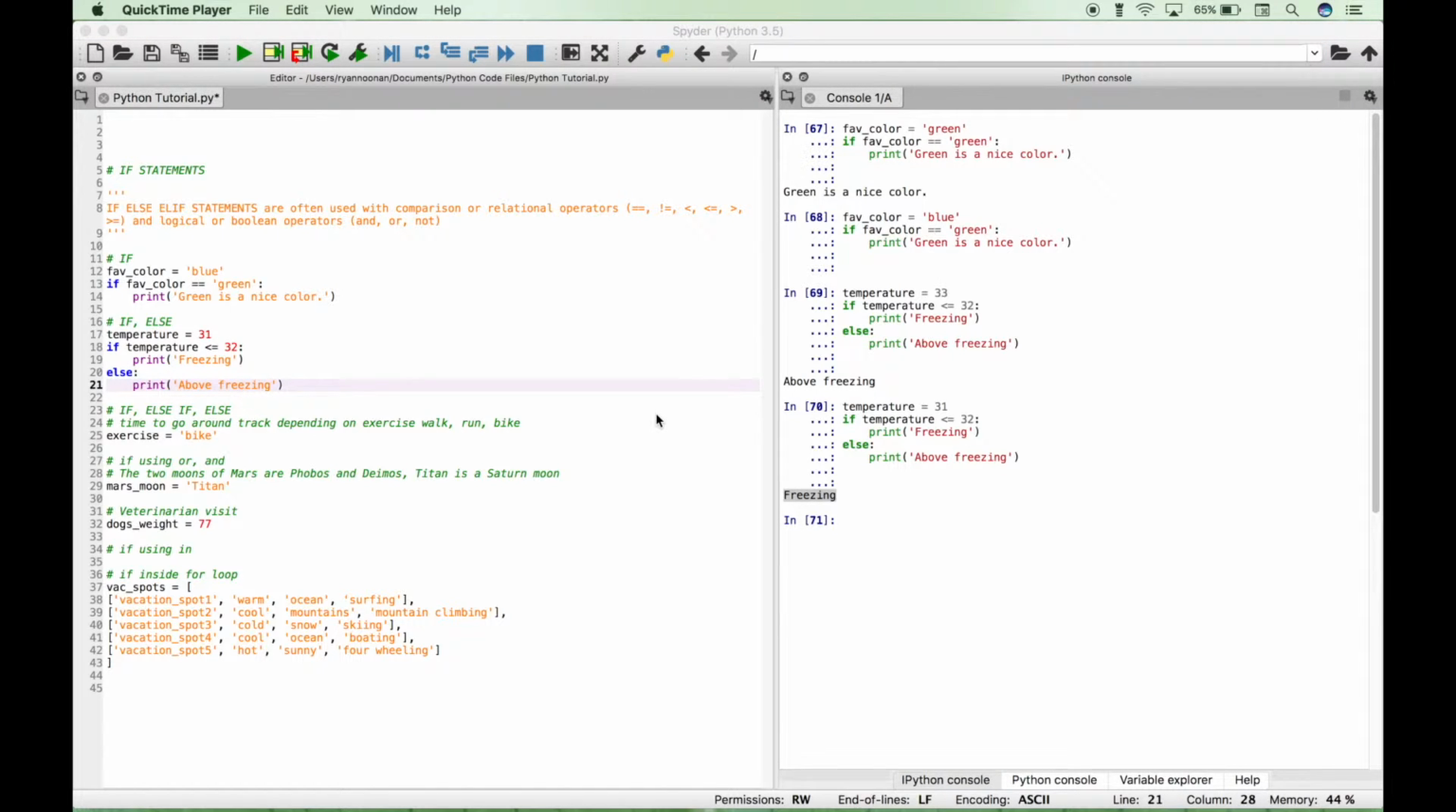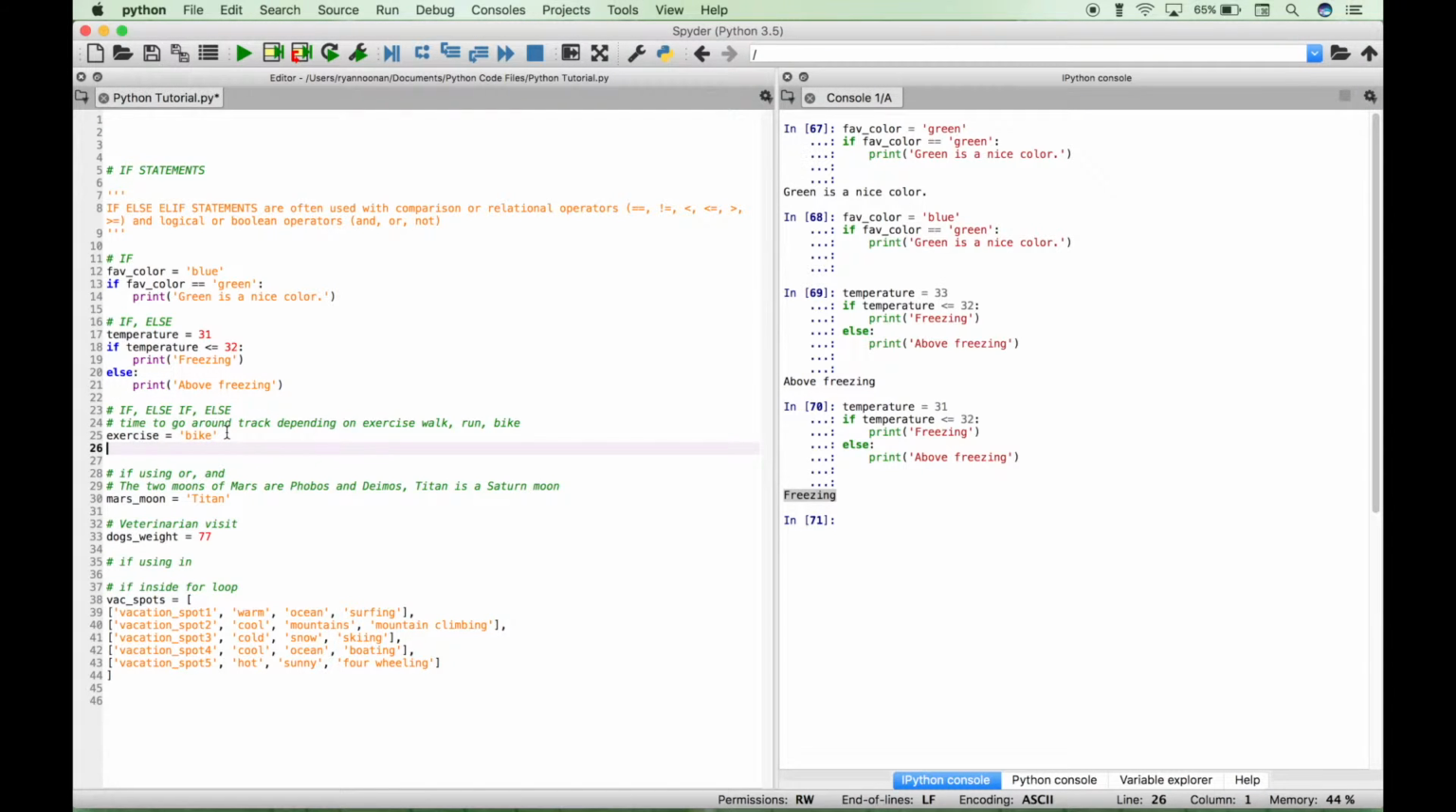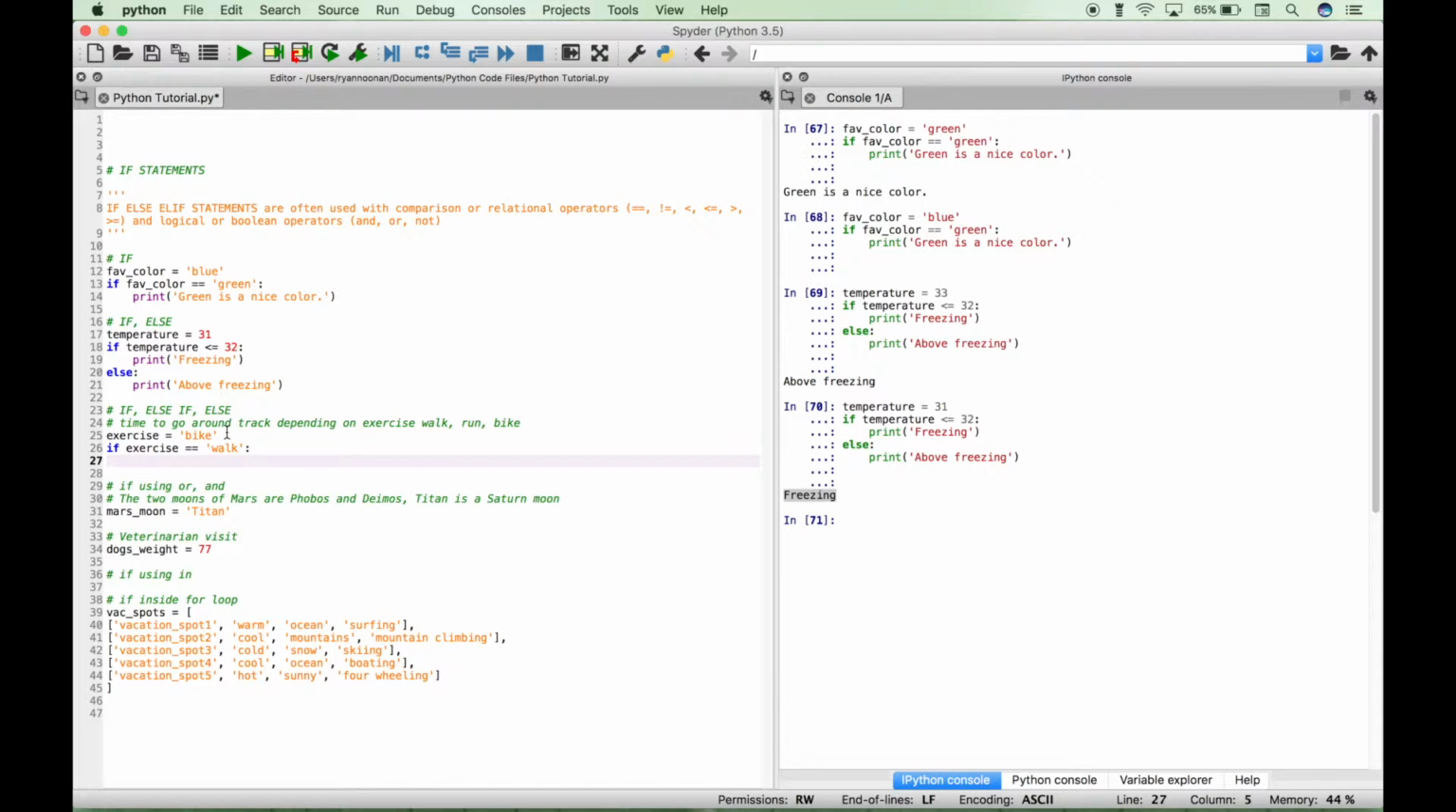Next up, let's use an example that uses if, else if, and else. And in this example, we want to display a message that says something about the time it will take to go around a track depending on how you travel around the track, either walking, running, or biking. So here we have our exercise variable, and in this case we have it set to bike. So now let's create our if statement that says if exercise is equal to walk, display a message that says slow,